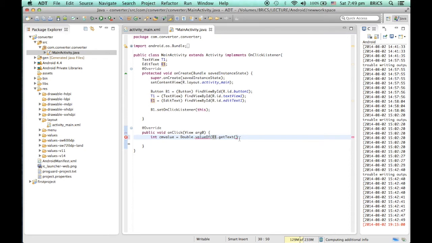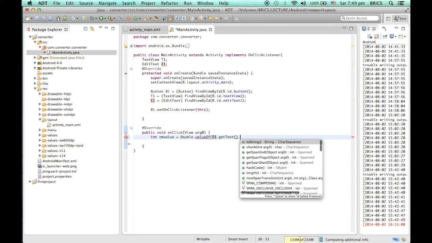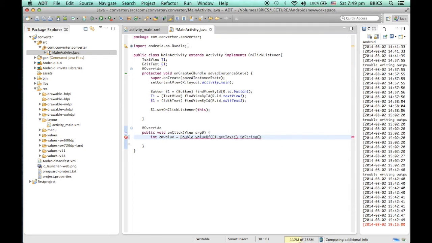This is currently not a string, so I need to convert it to a string. I am getting the text from e1, then I am converting it into a string, then I am converting it into double. So this needs to be double.